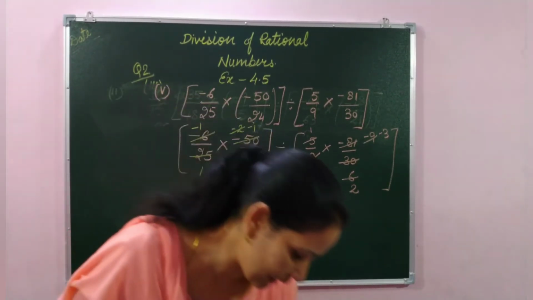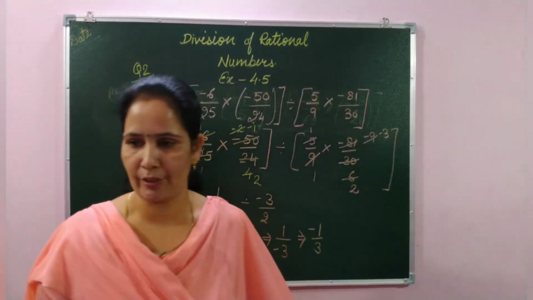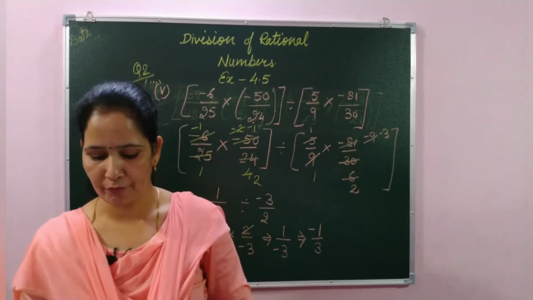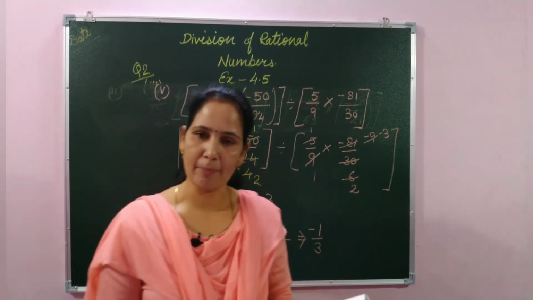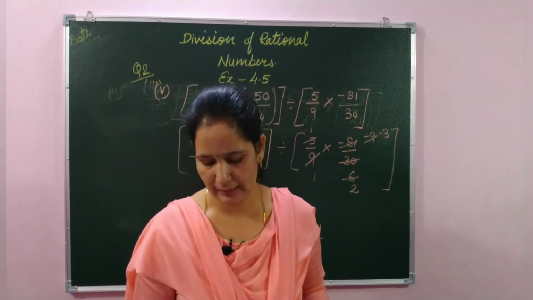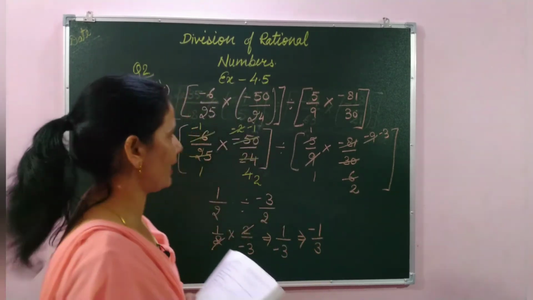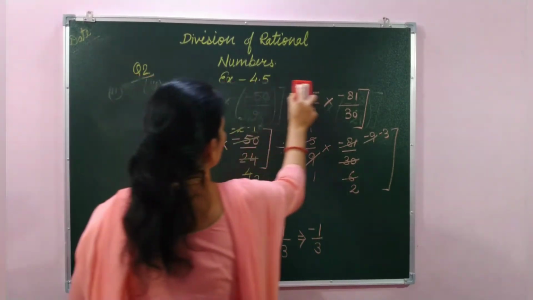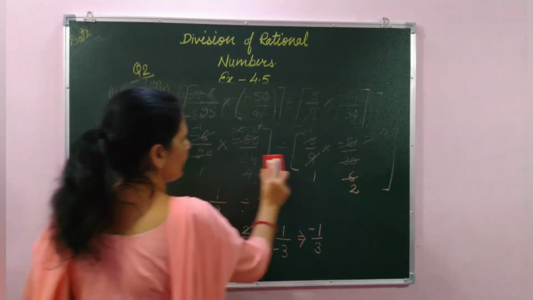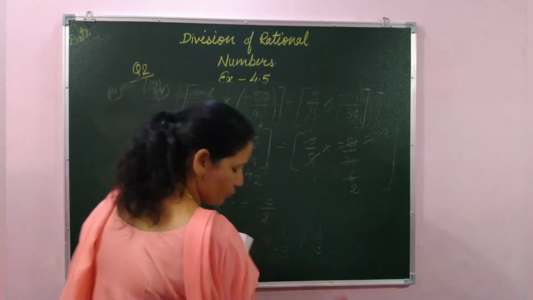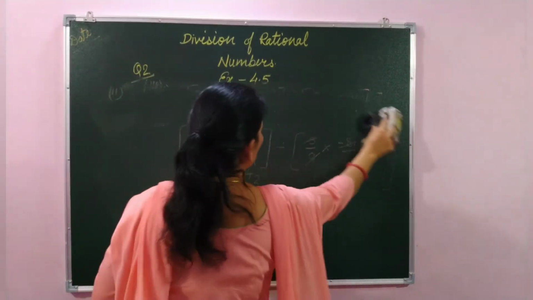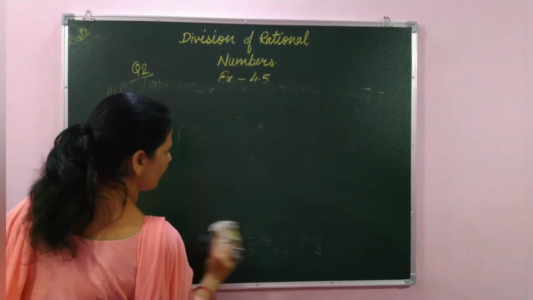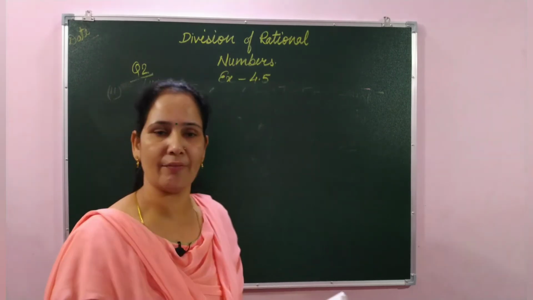Okay student, now then after the rest two questions they have given in the form of word problem. So the both word problems are the same kind, so we will solve the one part, and the second question that's next part you have to solve by yourself. So the last question for today, that is our word problem. And students, word problems means that they have given that problem in the form of situation, and according to that situation we have to solve.